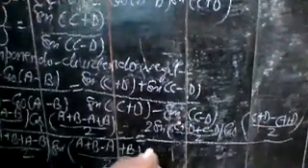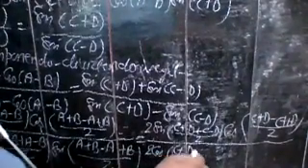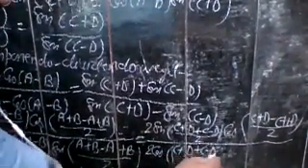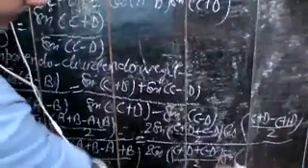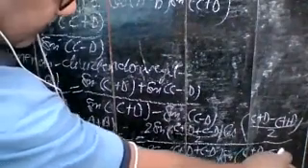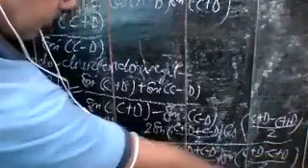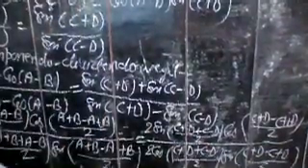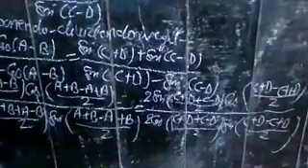In the same way, in the denominator you have 2 cos((C+D plus C−D)/2) and sin((C+D minus C plus D)/2), changing its sign, whole divided by 2. So you have it in this way.